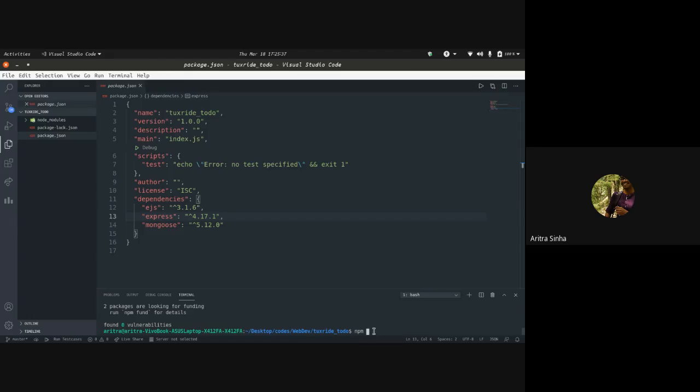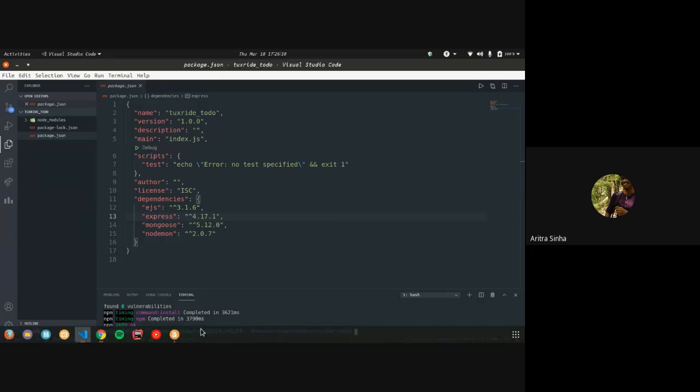Now what we will do is we'll install another dev dependency. When you develop an application, you might require a few things that would help ease your process of creating an application. So we install nodemon for that. When you run an HTTP server, if you don't install nodemon, every time you have to go there and manually restart the whole server. While in nodemon, when you make any changes to the backend, it will automatically restart the server, and you just have to refresh the page right there. So we are done installing almost all the packages.